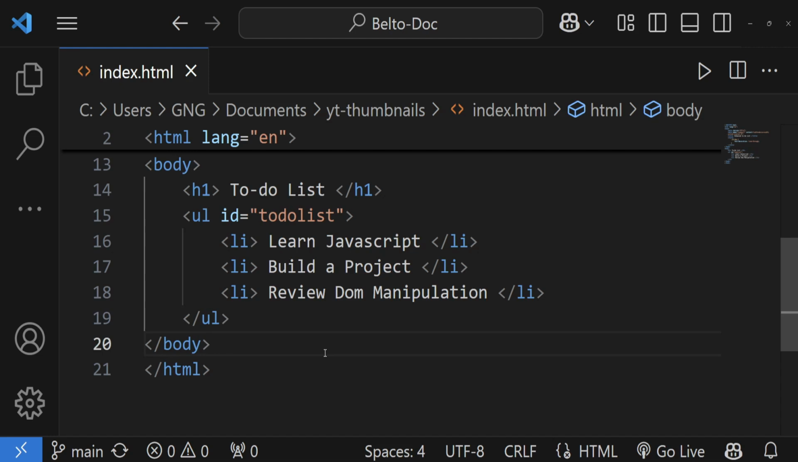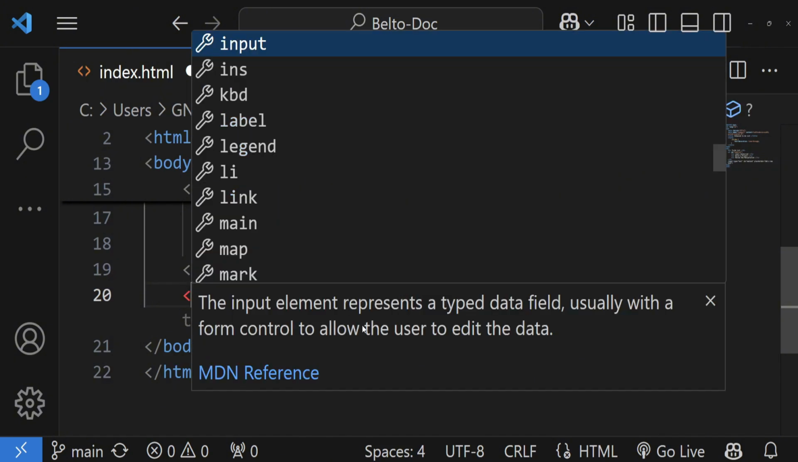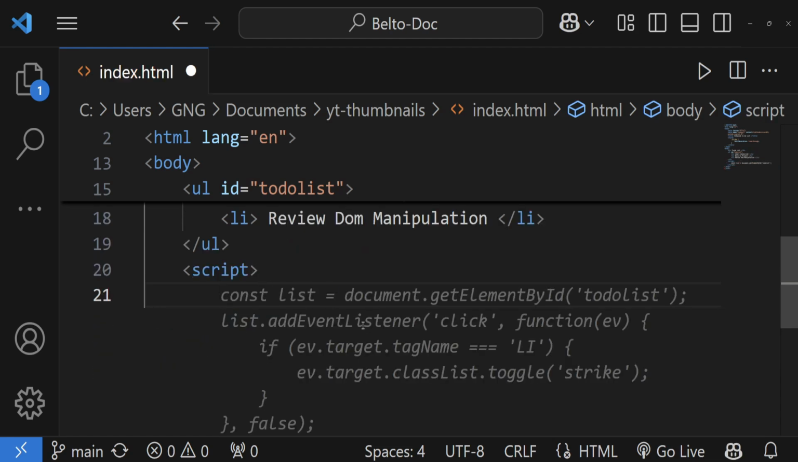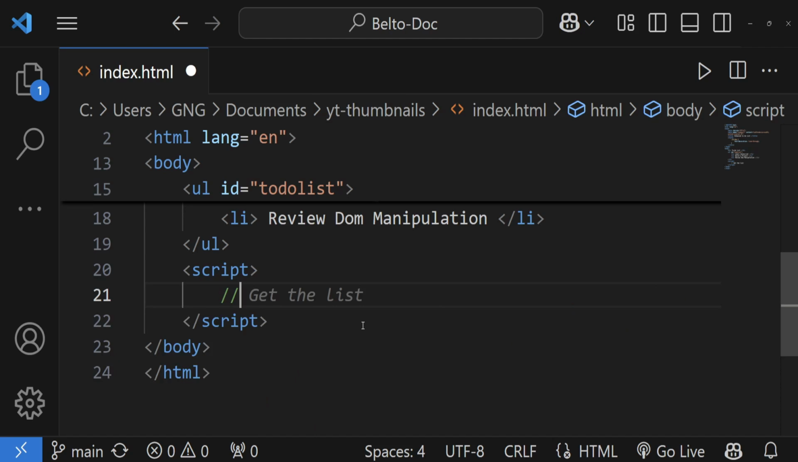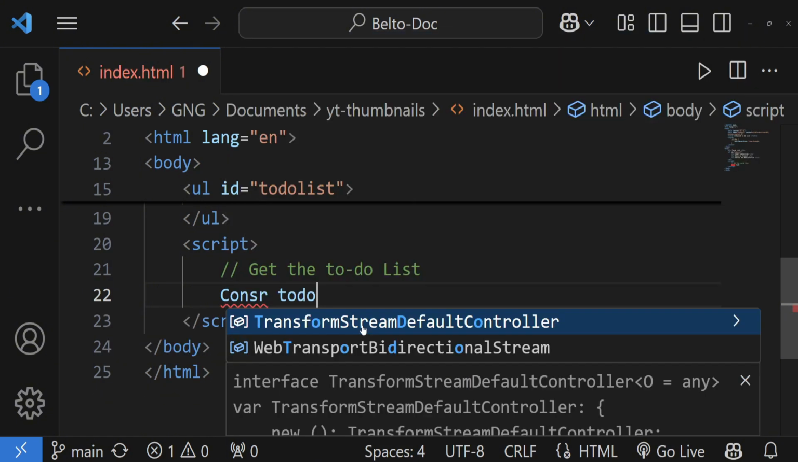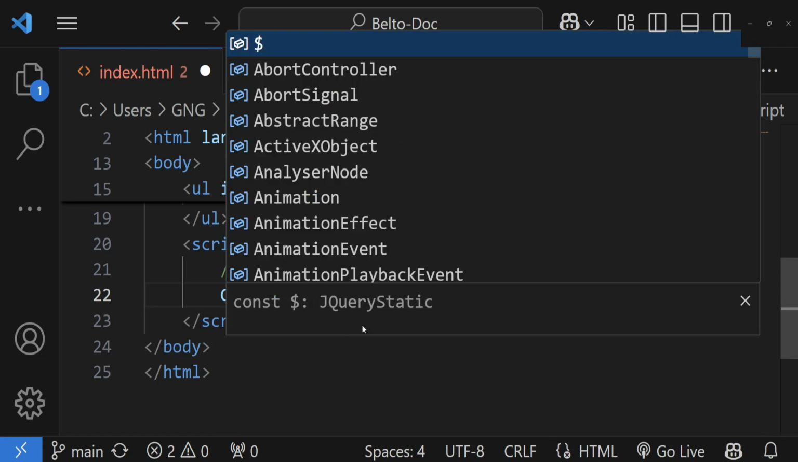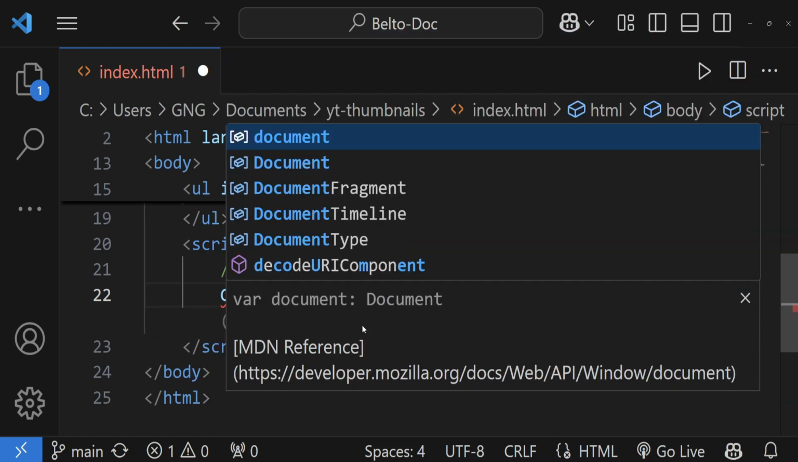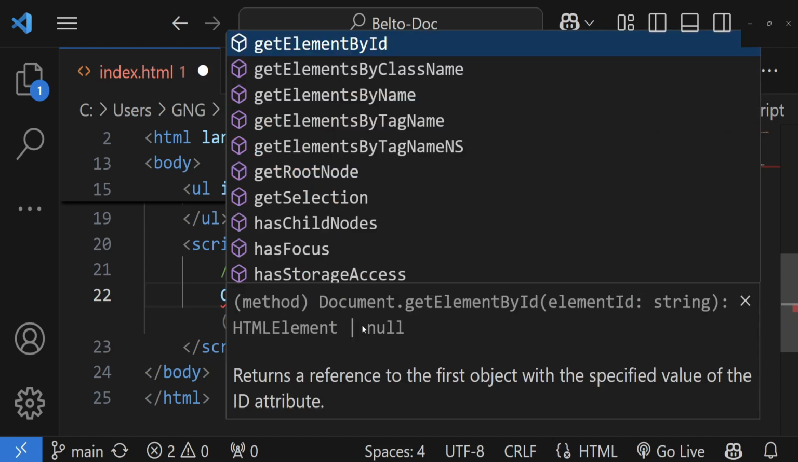After the UL tag, before the body closing tag, we can add script. Over here I'll add a comment: get the to-do list. We want to get the to-do list. I could say const todoList equals, and I could say document.getElement